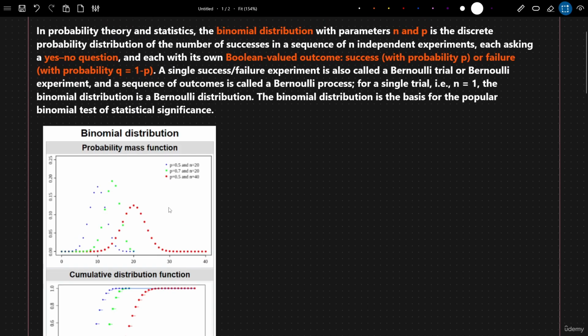Now let's go ahead and discuss some of the important things. As you know, for each and every experiment in a binomial distribution, the outcome is zero or one. So specifically, we are working with a discrete random variable. The next important point is that every outcome